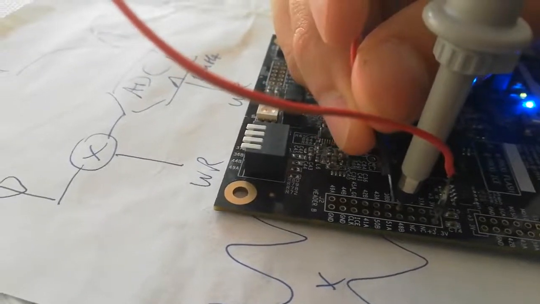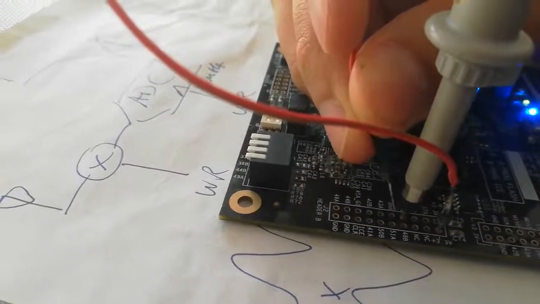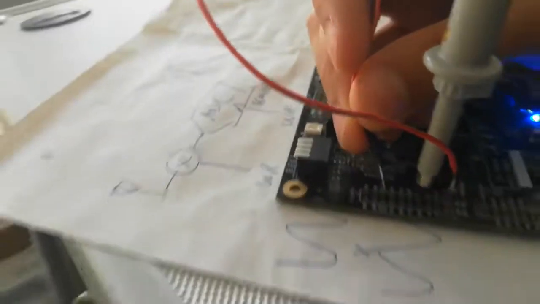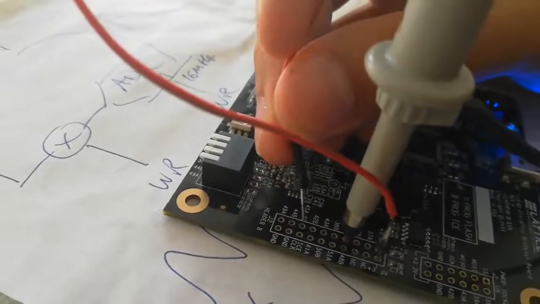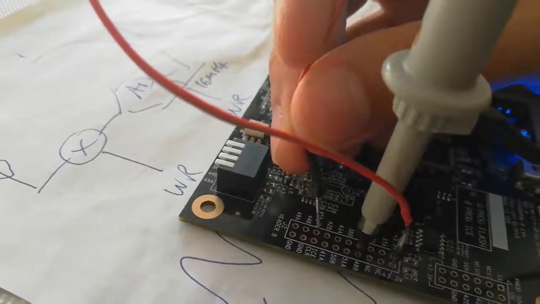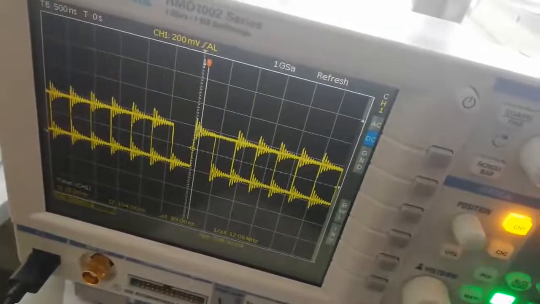So this was a PRN clock. So here is where we are inputting the enable signal, and so you see that currently this is working, and